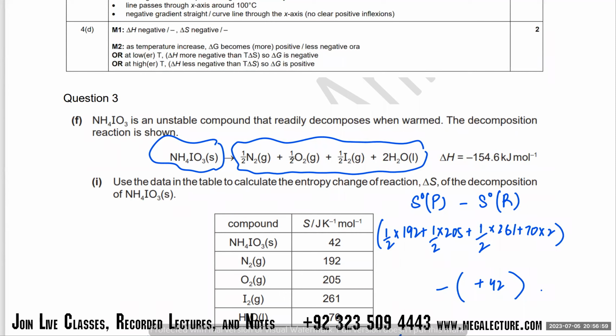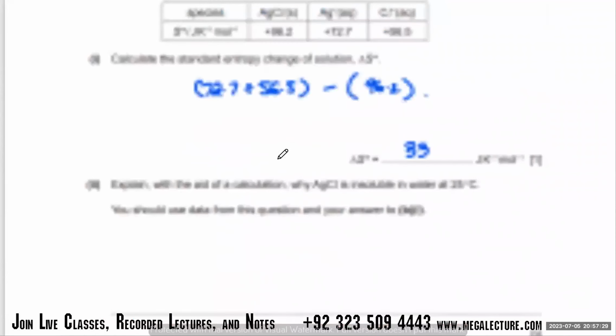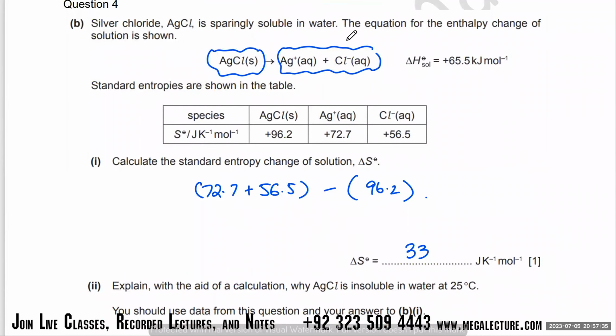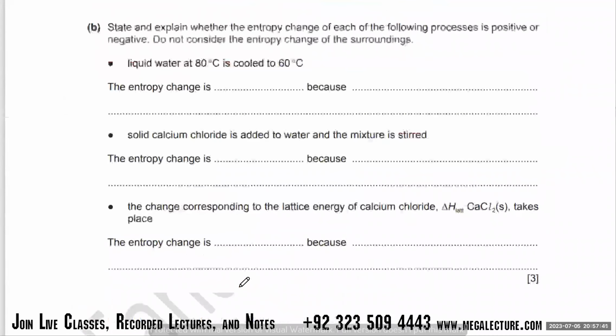Because this thing is coming out to be 427. Positive, right? Yes, sir. And can you justify whether it's positive or not by looking at the equation? Should it be positive? Yes. Okay, so it's going to be positive. Why? Because it's more in the products. There are more gases in the products, right? Your question could be the other way around as well. Entropies were given, so product minus reactants, that's it. So you got this.